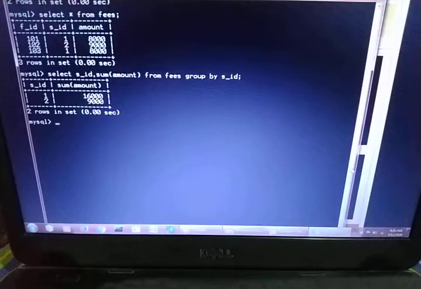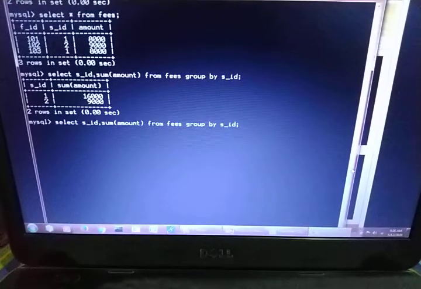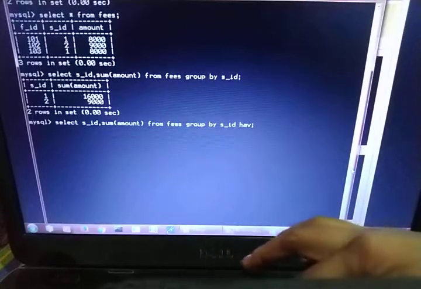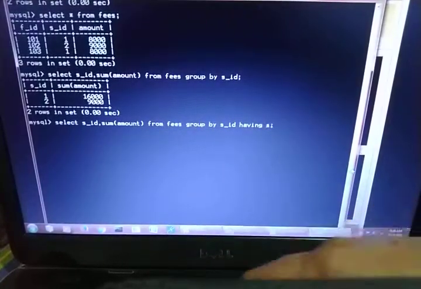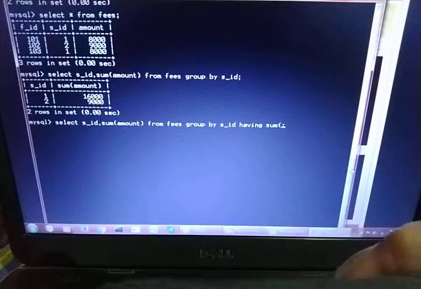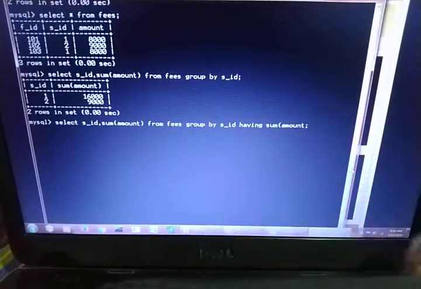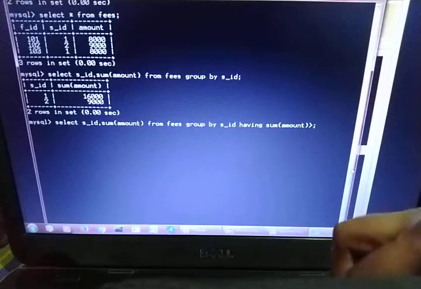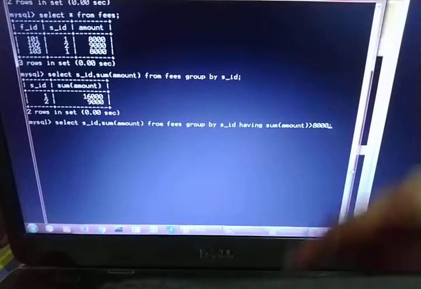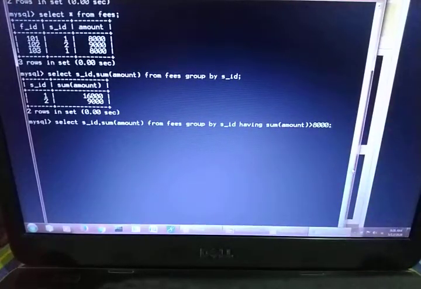अब मुझे इसके साथ क्या यूज़ करना है, I want to use the having clause with it. So I will write over here having clause. Then again you have to use that aggregate function, sum amount is greater than, I have written greater than 8,000. Fine. So select SID, sum amount from fees, group by किससे करा, SID से, जहाँ amount क्या हो, ग्रेटर हो 8,000 से. सो हमने कंडीशन किस पे लगाई है, ग्रुप बाय क्लॉज पे लगाई है. तो जब ग्रुप बाय क्लॉज पे कंडीशन लगाते हैं, then we have to use the having.